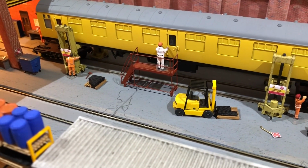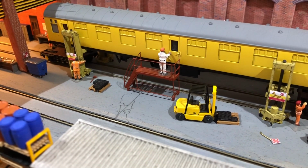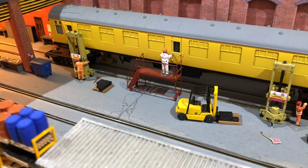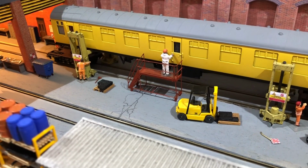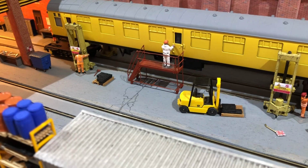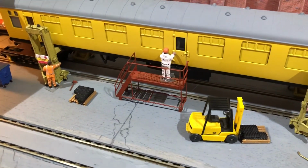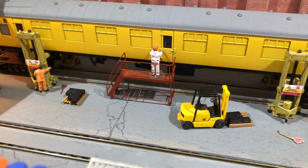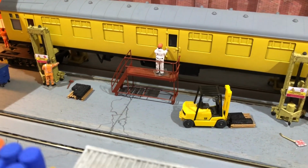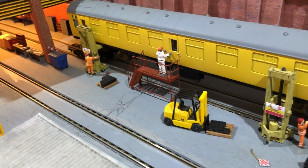Now to paint these, I've used the usual Halfords grey matte primer, and then I've used a Humbrol enamel paint, number 60, and it's a matte colour, and it's come out quite well actually. It's come out a lot darker than I expected. Then the cap looks on the tin, which is a bit better, but they are absolutely fantastic